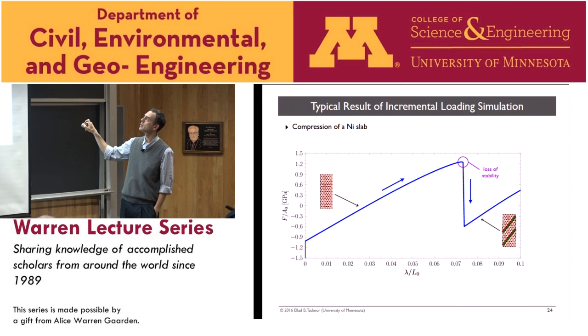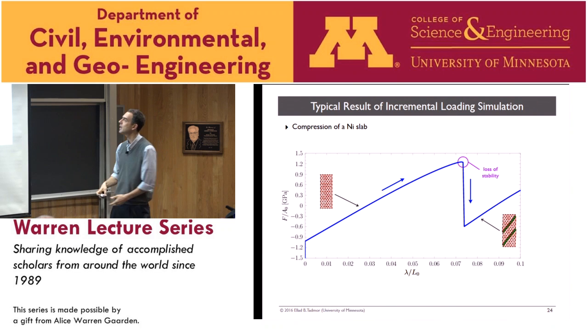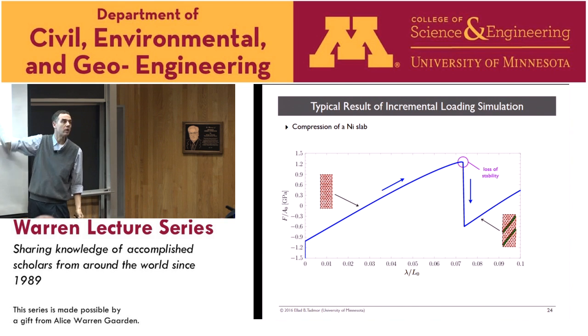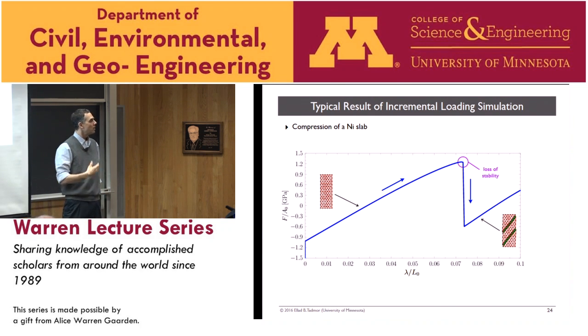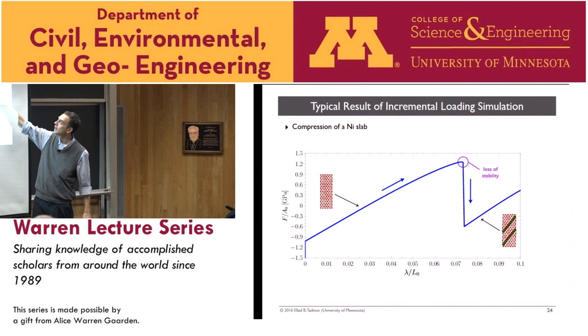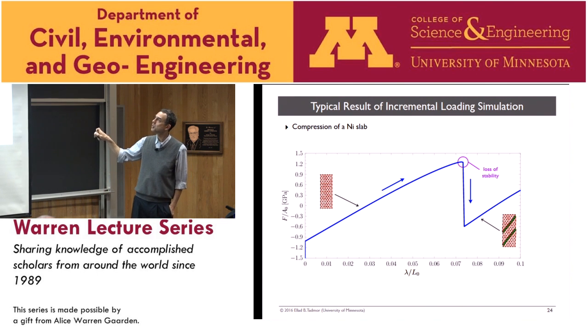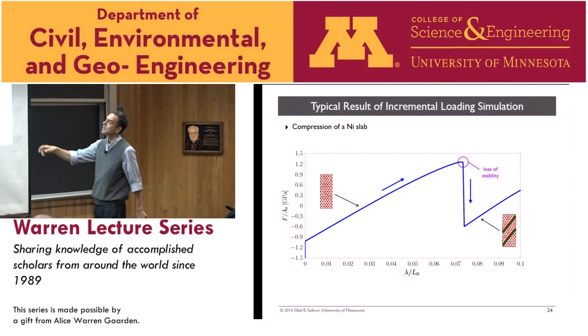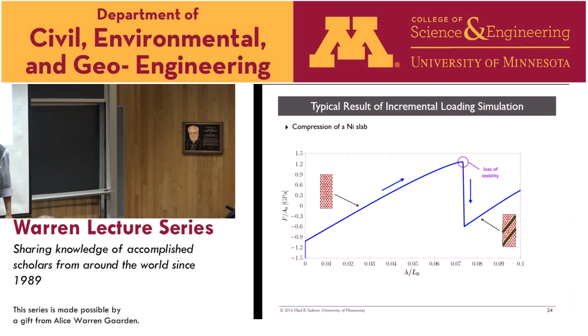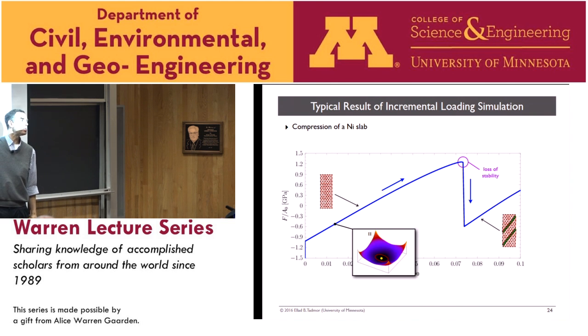Then you hit a point where you lose stability, and boom, you drop, right? Because there's an instability. And in this particular case, these two shear planes have formed in the material. Those are the defects. If you're a material scientist, these are like dislocations that have nucleated and gone through the material. Or just think of it as shear. It doesn't matter. So this is what's going on in terms of the stress-strain curve. In terms of the energy surface that I showed you before, what's happening is, initially when you're beginning to load this, you're sitting in some basin like this.